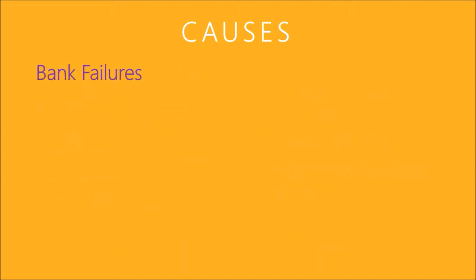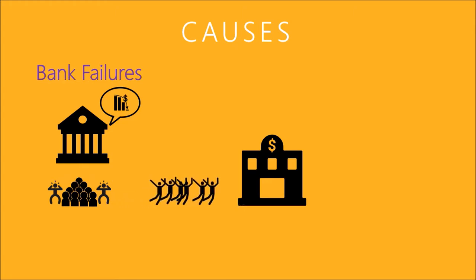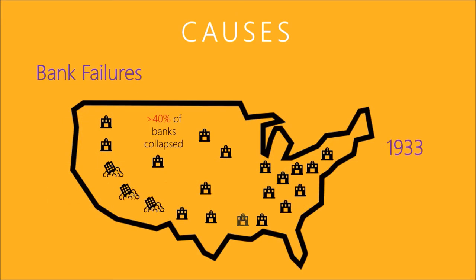Another cause is about bank failures. As mentioned above, the sudden decline of the stock market had led to a public panic. As a result, hundreds of thousands of people began to withdraw their deposit. Due to the sudden withdrawal of a huge amount of savings, many banks did not have sufficient capital to finance their operation and failed. By 1933, over 40%, that is about 11,000 banks in the United States, had disappeared.